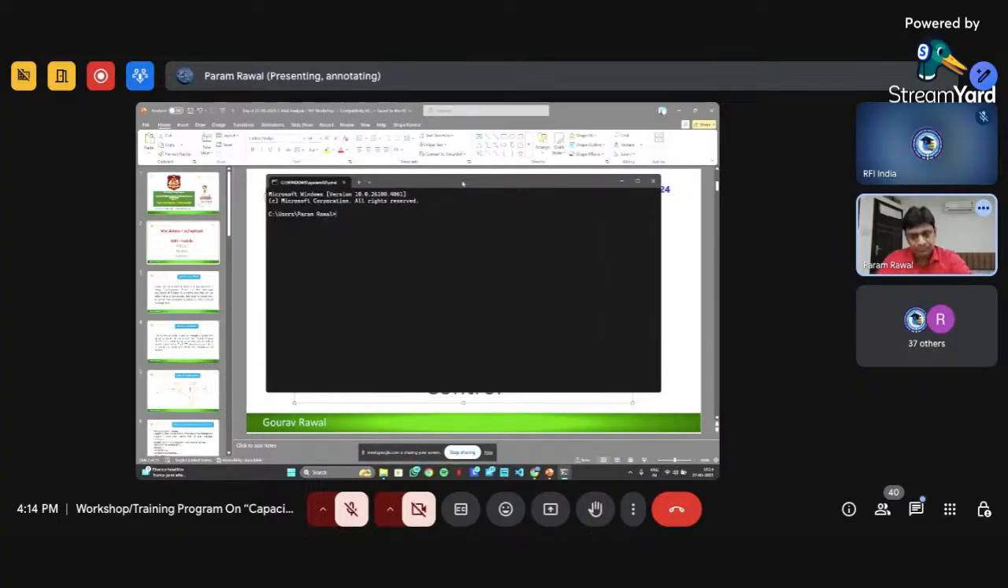Here we have to write one command: ipconfig space /all. IP config means IP configuration. The full form of ipconfig is Internet Protocol Configuration. So when I enter ipconfig on the command prompt,